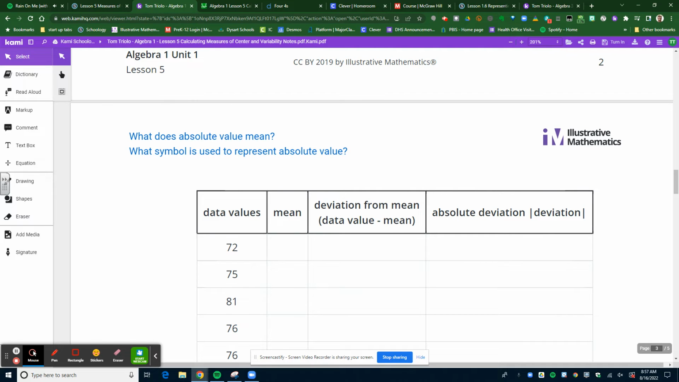So they talk about absolute value. Let's talk about that first. I live 4 miles from here. Is that a positive 4 miles or a negative 4 miles? Nobody uses the phrase negative 4 miles. Okay. So absolute value means